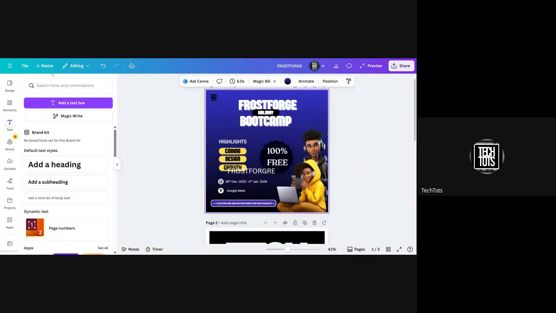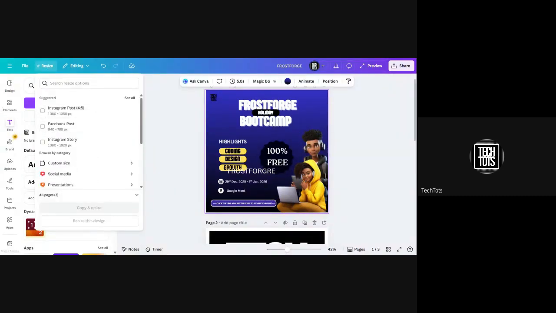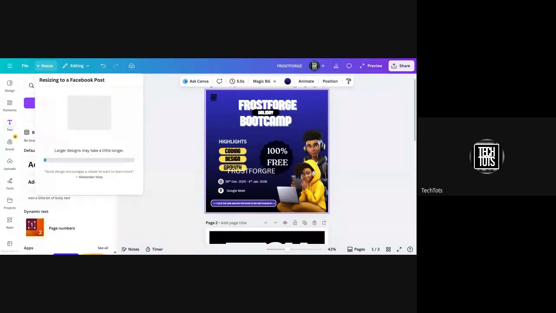Now, this design I can resize it, but this resizing is not for a free account. You'd have to upgrade to a Pro subscription of Canva to resize. Because I want to post it on different platforms, as you can see, there's Instagram, Facebook, Instagram story. So I can decide to resize it to a Facebook post. I can just resize the design, or I leave this design and another page resizes. So let's just copy and resize. It may take a bit of time, but it's going to be done. So you use the resizing feature to resize your design to whichever social media platform you like. Twitter,